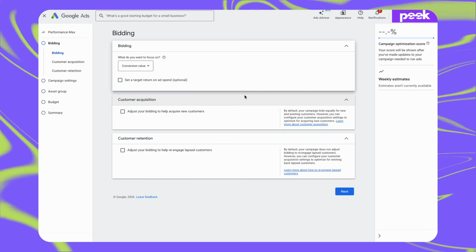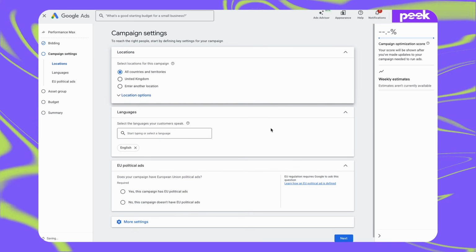And even if it does know who your customers are in previous campaigns, this campaign could be targeting a different cohort or ticket price of products. So we want the data to build up naturally and then make the decisions on our own accord going forward. So once that's done, we can click next, and then we're moving on to step 3, which